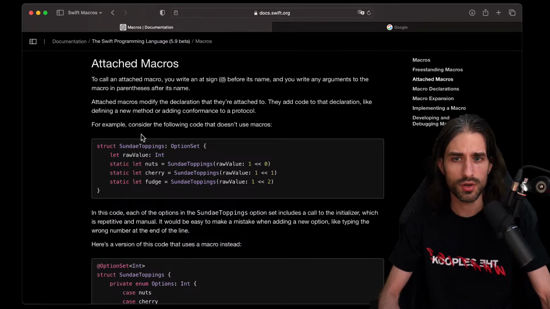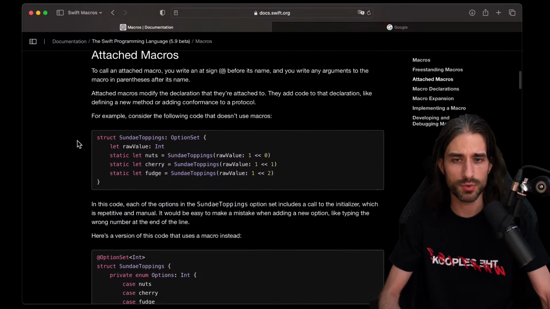For example, consider the following code that doesn't use macros, so a declaration of an option set, which is a syntax with quite a bit of boilerplate code indeed. Because OptionSet, if you've never used it, is basically a way to define a type where you can do combinations, and it does this by using the logical OR to do the combinations.